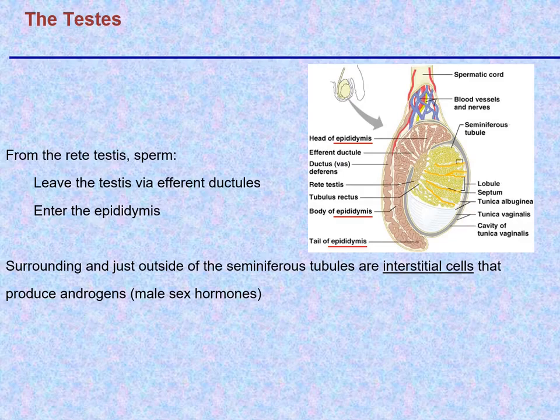You have these walls dividing the lobules that contain the seminiferous tubules, and those seminiferous tubules all empty out into the rete testis here, and then the rete testis leave the testis and they go out via the efferent ductule and they go into the epididymis. I wouldn't worry about that term efferent ductule. The seminiferous tubules are emptying out to the rete testis and then out of the testes into the